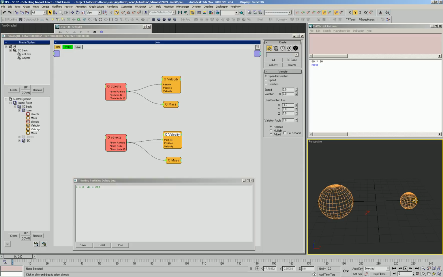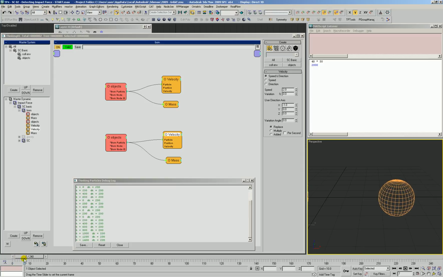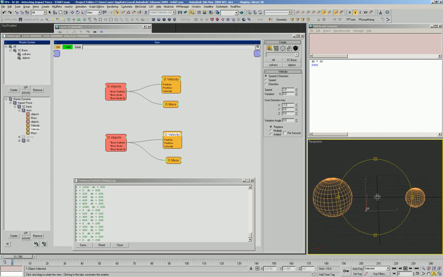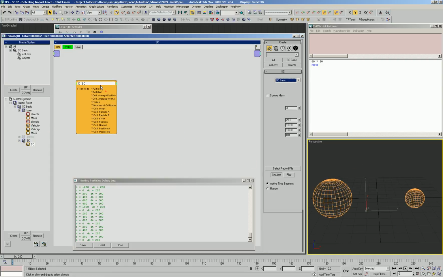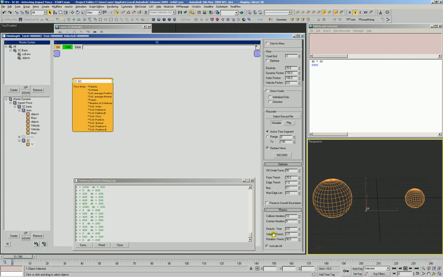And so 20 times 2 is going to give us a value of 40. But there's something kind of interesting and unfortunate, a little pitfall that we have to watch out for: you'll notice our small particle here starts moving, and then right around 11 or 12 frames, it stops moving. And the reason for this is because there's no friction in the scene, but on the SC operator, are the